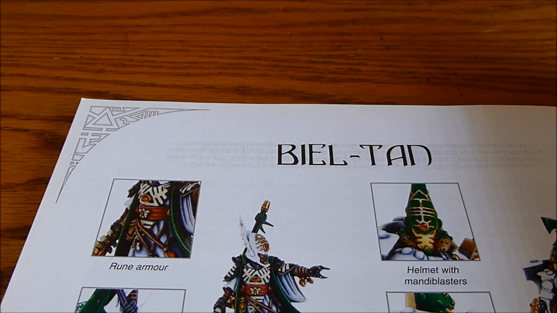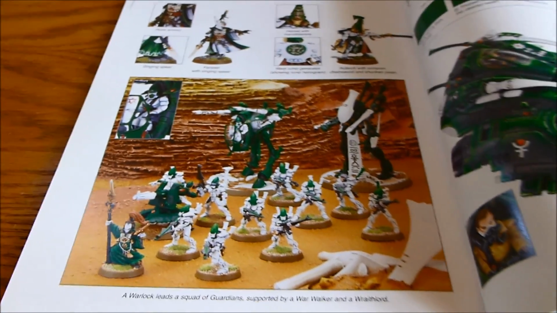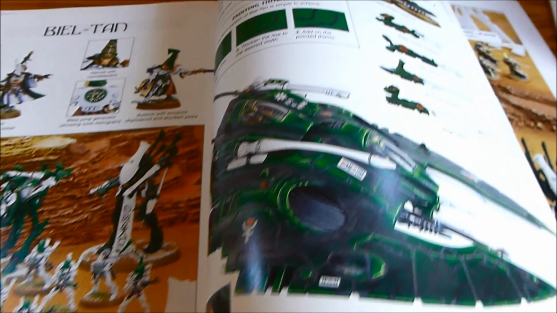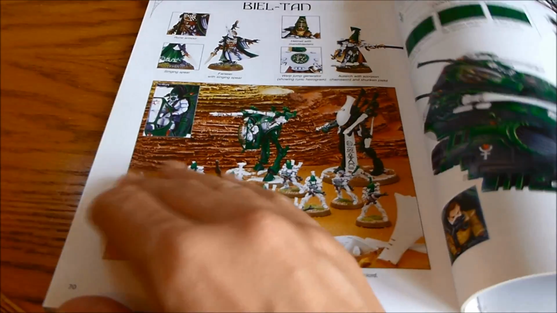Now when I was looking through the codex, I have to say that the army that really took my fancy was the Biel-Tan. I just loved the contrast of the white and the green. But like I said, I didn't really want to paint green. So after a lot of deliberation, I deliberated quite heavily on,